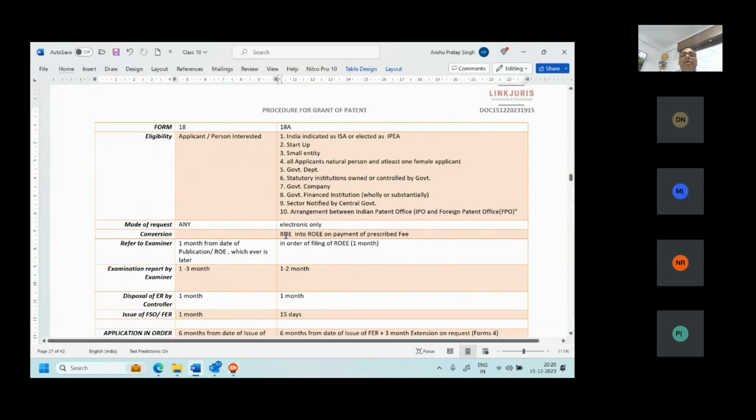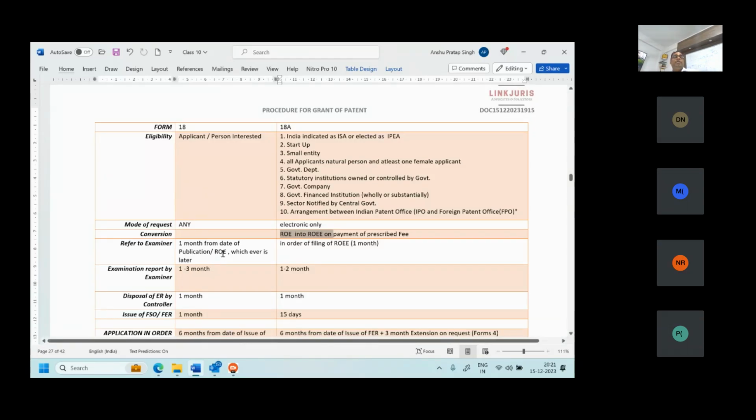But RE can be converted into REE. That means a normal request for examination can be converted into a request for expedited examination. What will happen is you have to pay the prescribed fee. As far as I remember, 4,000 is for request for examination. If you go for expedited examination, it is 8,000. If you are converting it, the difference has to be paid.